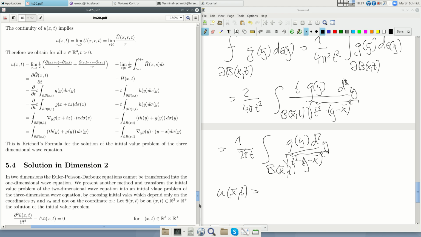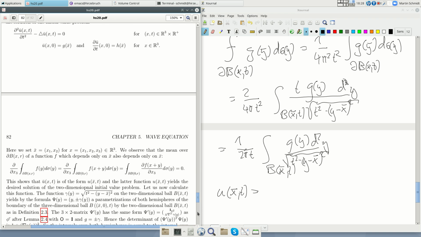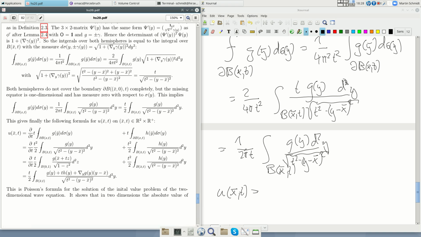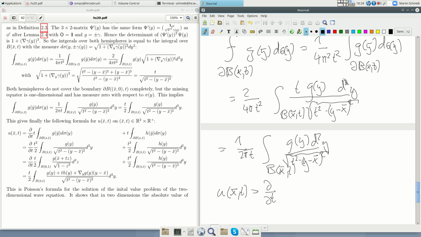Remember this. So we should multiply by t, and now we insert this form. So this is d by dt, t times g tilde, g of y over the square root of t square minus y minus x bar square, and here we have the ball x t,